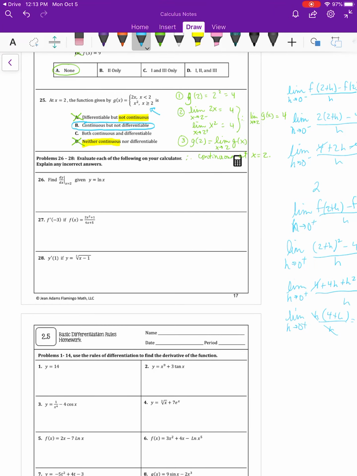Okay, number 26. Find dy dx at x equals 2. Did you hear what I said? Find dy dx at, that line right there means at x equals 2, given that y equals the ln of x. And so we are going to say the limit